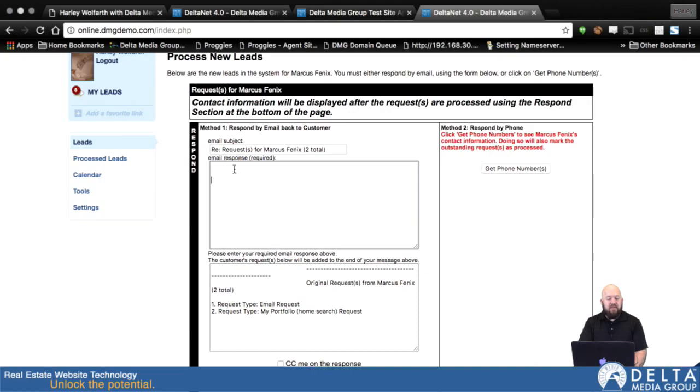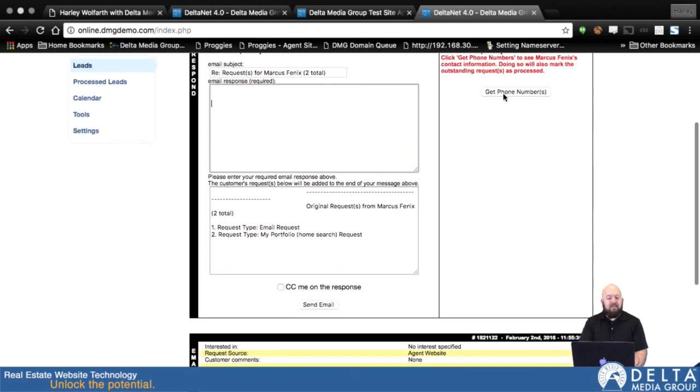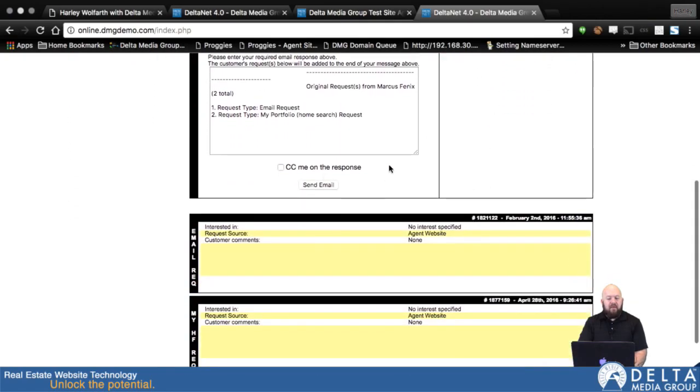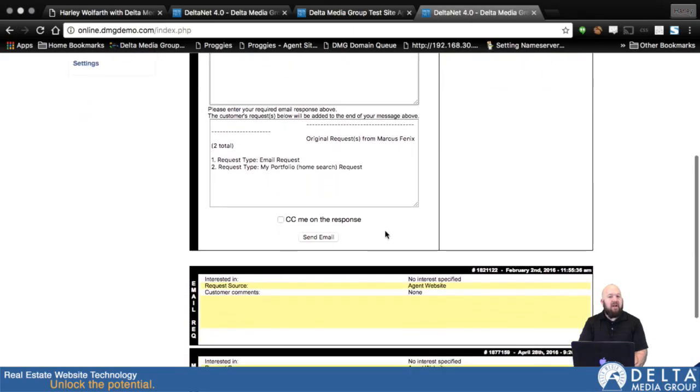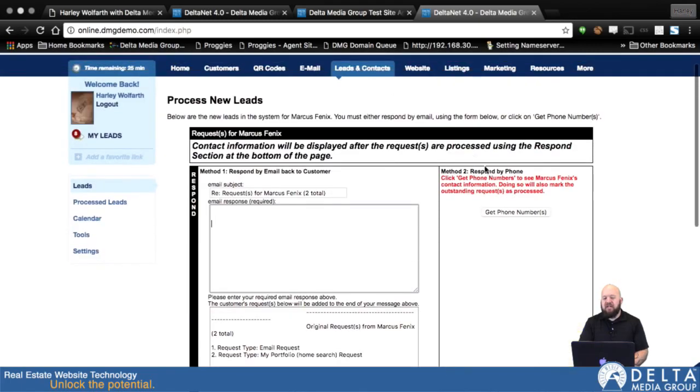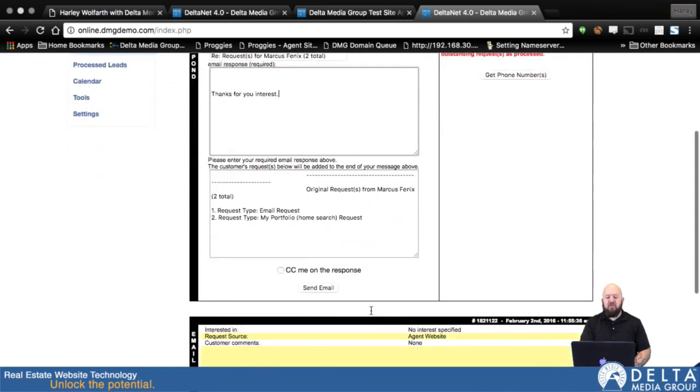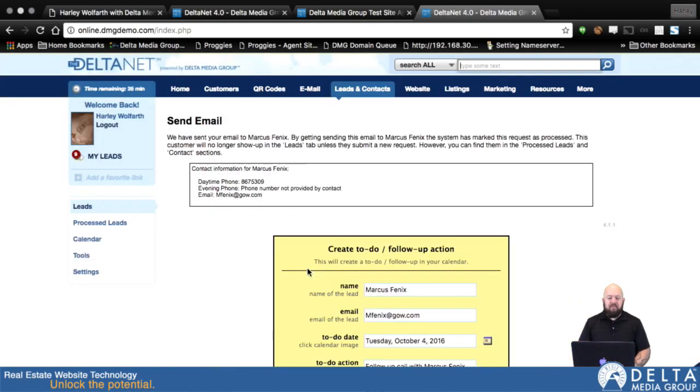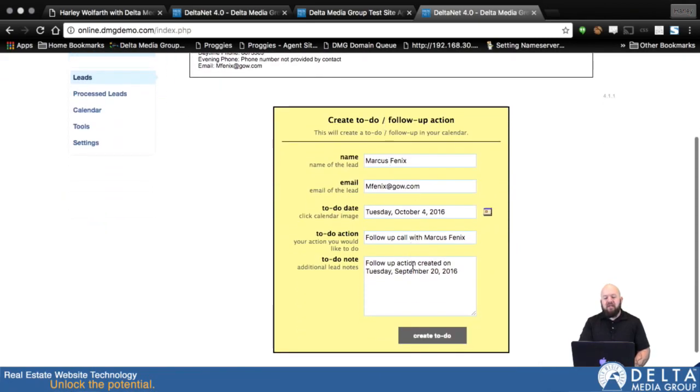So I can choose to process it by email. I can get their phone number. And because it's a new customer, I don't have an option to just mark it as processed. A new customer coming in from the company won't let you just mark it as processed. You have to actually get the phone number or send them an email. So, thanks for your interest. But you don't spell interest with an E. Send email. That lead was marked as processed. Now it gives me the opportunity to